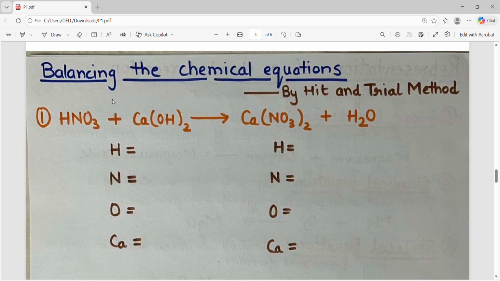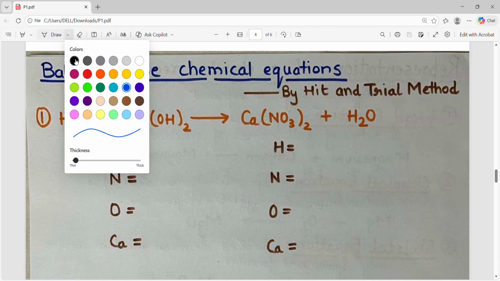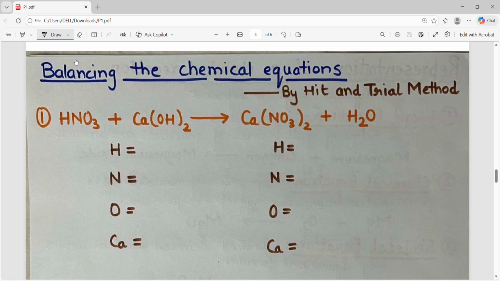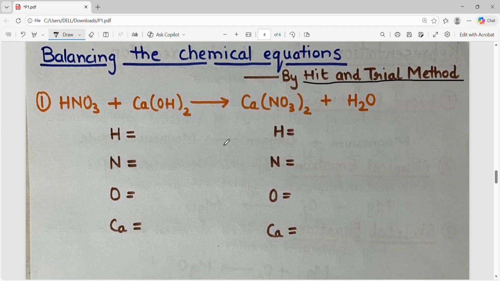As we have earlier discussed balanced chemical equations, now we will start with how to balance a chemical equation. There are different ways in which CBSE gives equations, and right now we are going to discuss the hit and trial method. Okay, so the equation is in front of us, and if we are going to balance it,